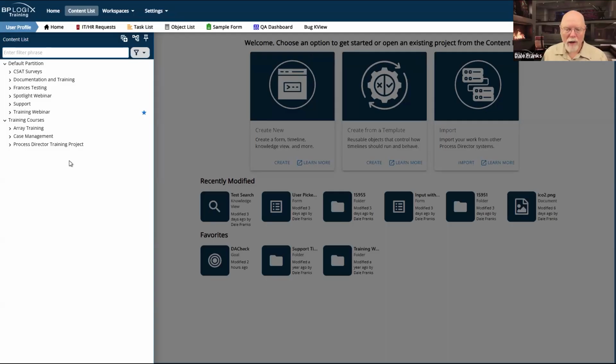Indeed, I'm one here. I have access to these two partitions, and aside from the default partition, which we both share, the BPL support user also has access to that development partition and the other one that we saw, which I don't remember what it was at this point in time. But partition data cannot be shared between partitions.